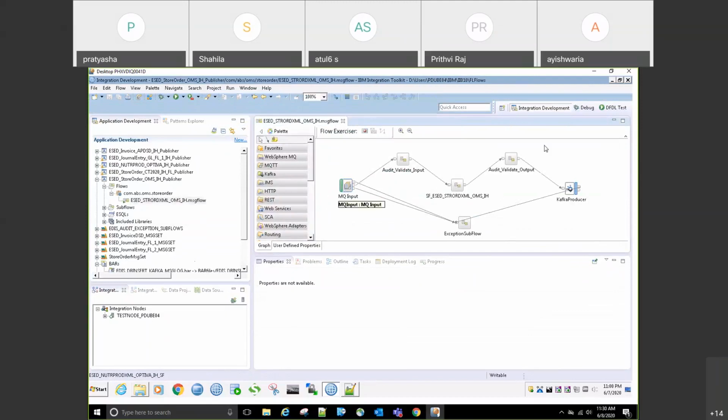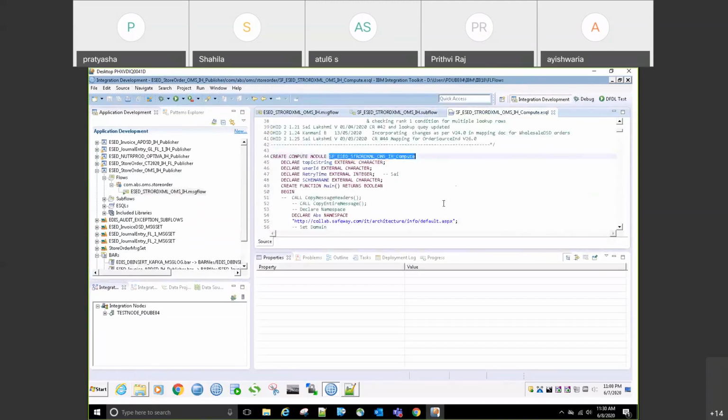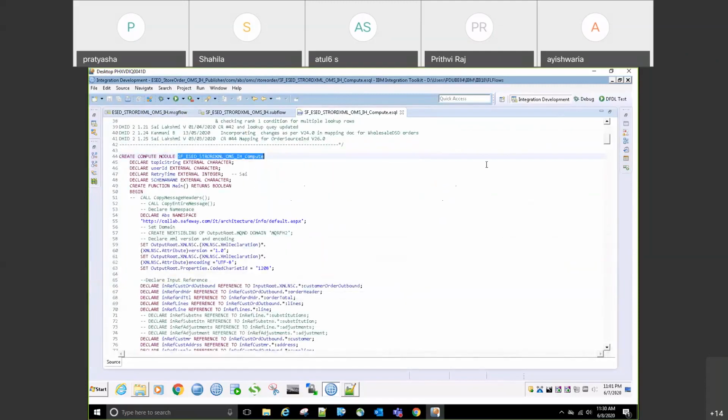Again, you see the diagram here is similar to what I just showed you. It again has an enqueue input node, and the message goes to Kafka. But the slight difference is in the kind of design that we are implementing here, and not the logic, because the logic changes with the business requirement. The slight difference is in the architecture: in the interface I showed you earlier, we did not require any data from the database. Whatever data was coming from the source was sufficient to create a target message, which would be consumed by the target